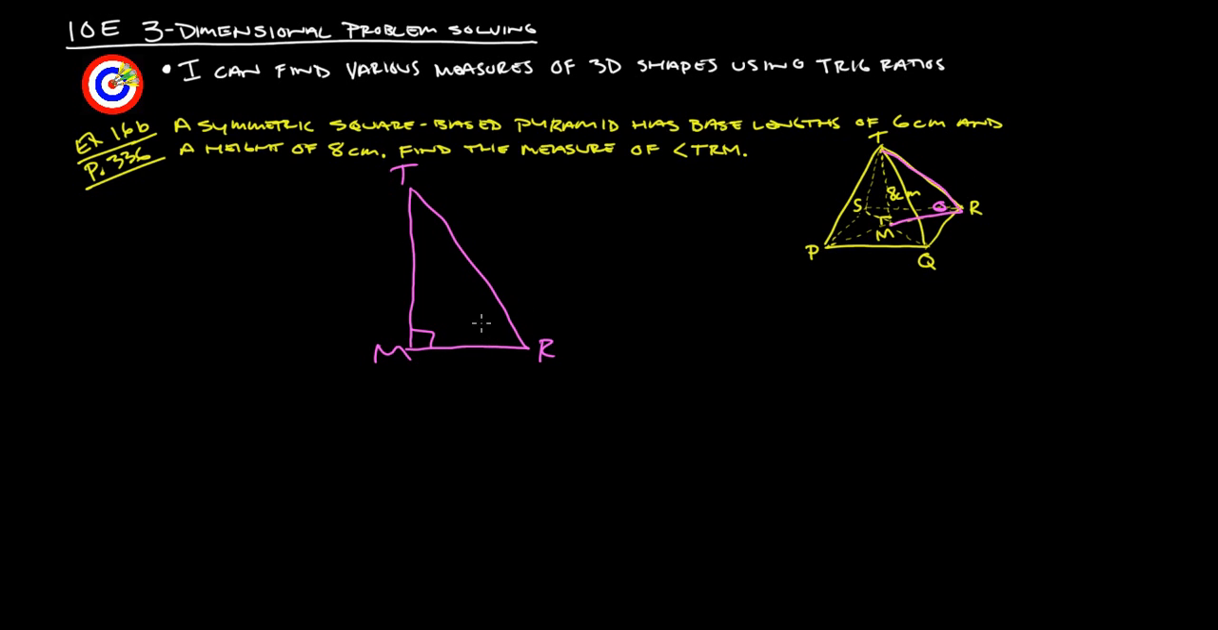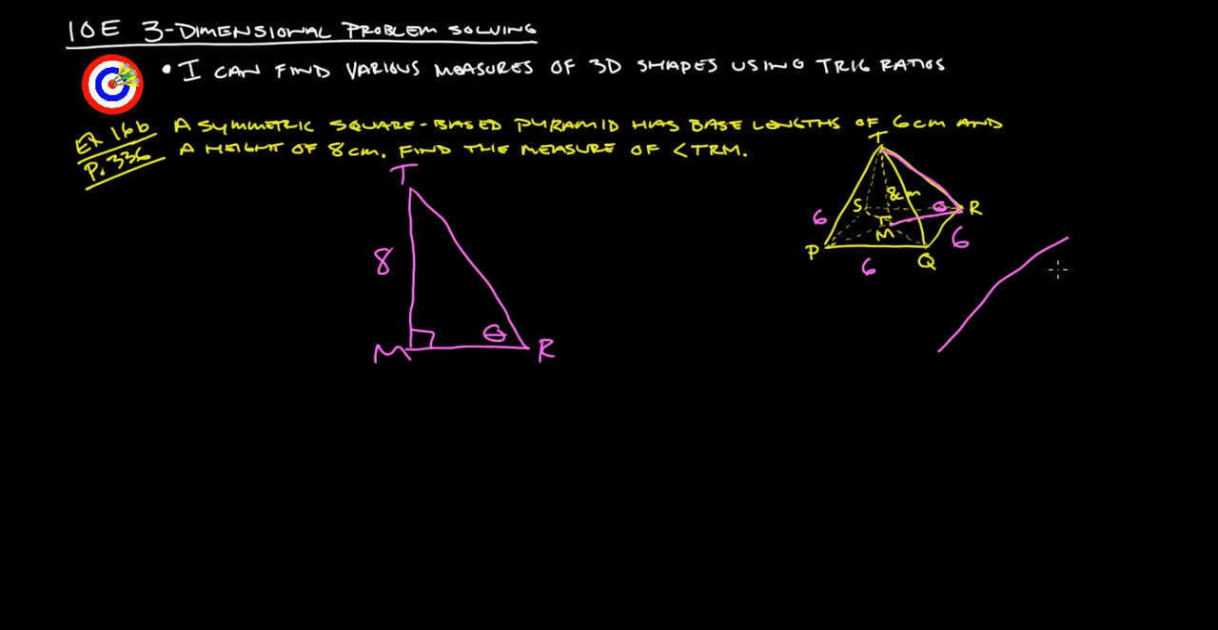Let's see, what do we know in here? The only thing we know so far is this 8 here, and we want to figure out that angle there. So we either need to figure out this side, MR, or this side, TR. The other things we do know is that these sides here are 6. All these sides here are 6. Same with this one in the back. So really what I'm thinking here is if we pull out again part of this,